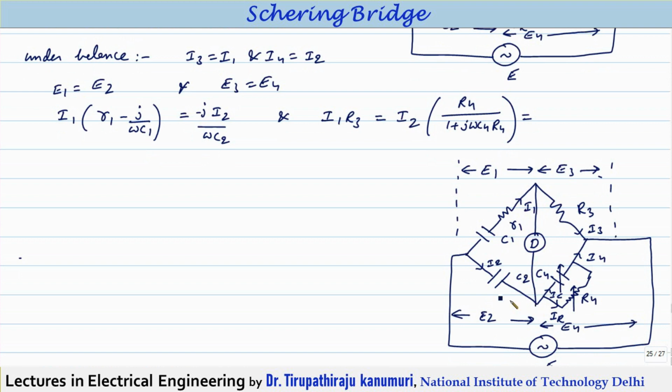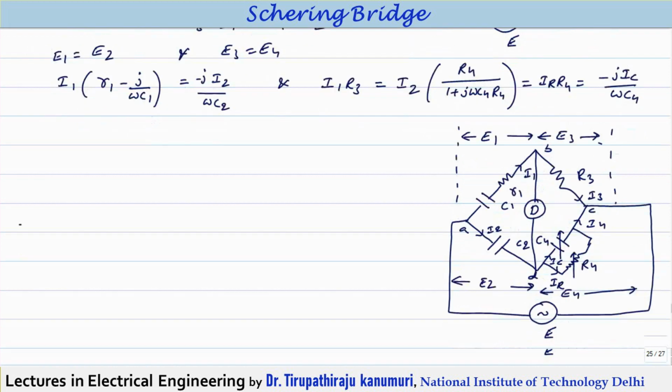means between the nodes, this I am representing as A, B, C and D, between the nodes D and E is nothing but IC multiplied by the impedance of the capacitor, or we can tell it is nothing but equal to IR multiplied by impedance of this resistor circuit. So this I can write as IR multiplied by R4, or this I can write as, if you want only magnitude, magnitude can be there, I am writing with phasor also, this will be equal to minus J times of IC by omega C4. Using this also we can get it.